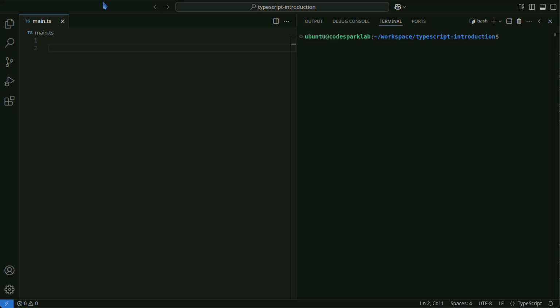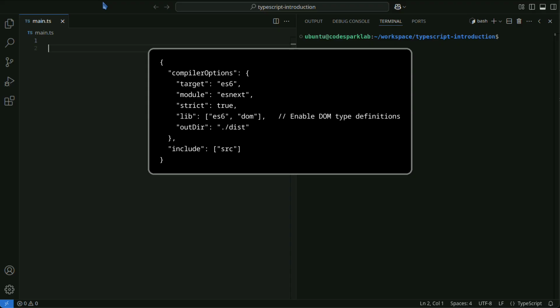When using TypeScript, it is common to place a tsconfig.json file at the root of the project. This file is used to specify compiler options and the scope of type definition files. When working with window, it is especially important to enable browser type definitions, DOM type definitions. Without this, window and document will result in type errors. By specifying lib es6, DOM, the types of window and document will be correctly recognized and auto-completed.